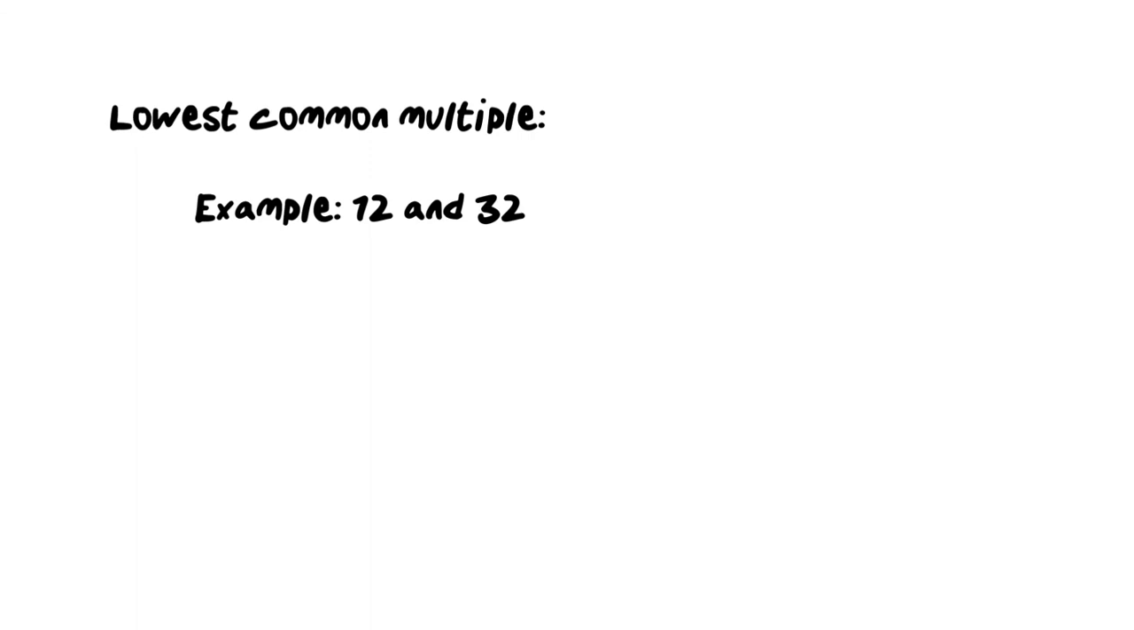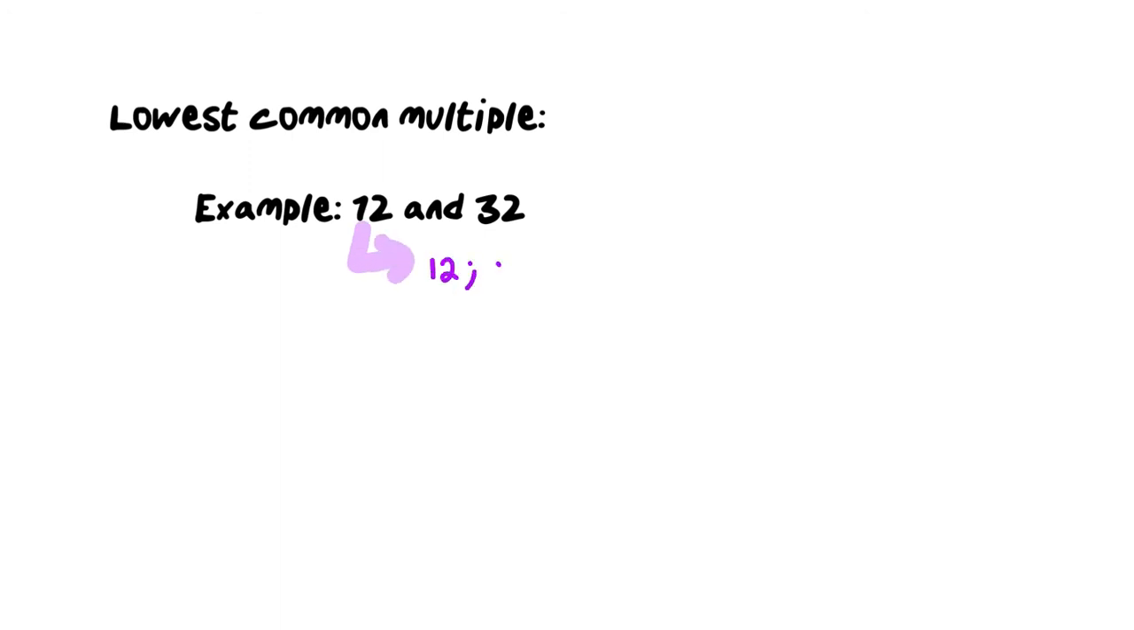It's very easy to confuse highest common factor and lowest common multiple, but remember that multiple reminds us of the multiplication tables. So we are counting in 12 and 32 and seeing when we find a multiple of each of these numbers that are exactly the same. So let's start counting in 12s first. So counting in 12s, we will have